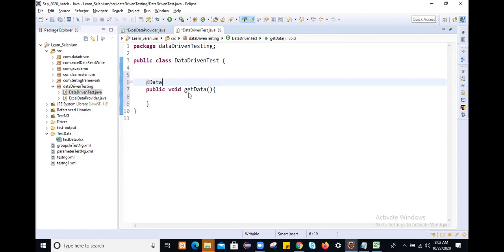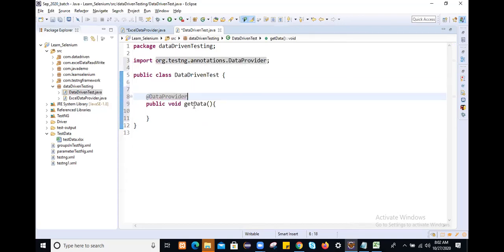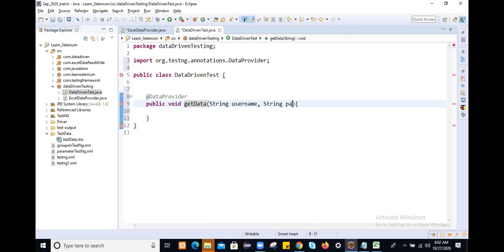What is the data provider name? If you want to keep a name for this data provider, you can, or else you can use this getData. How to retrieve the data? How many columns are there? 2 columns. Simply use String, first the username column, and String, second the password column.